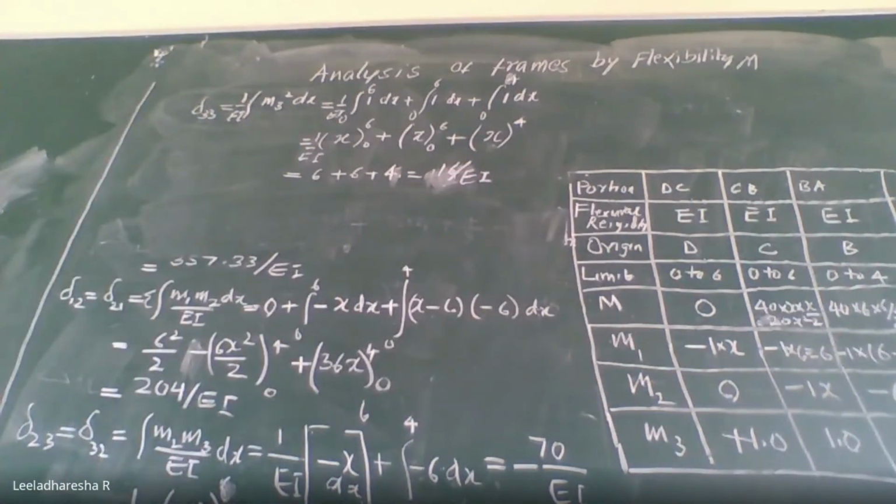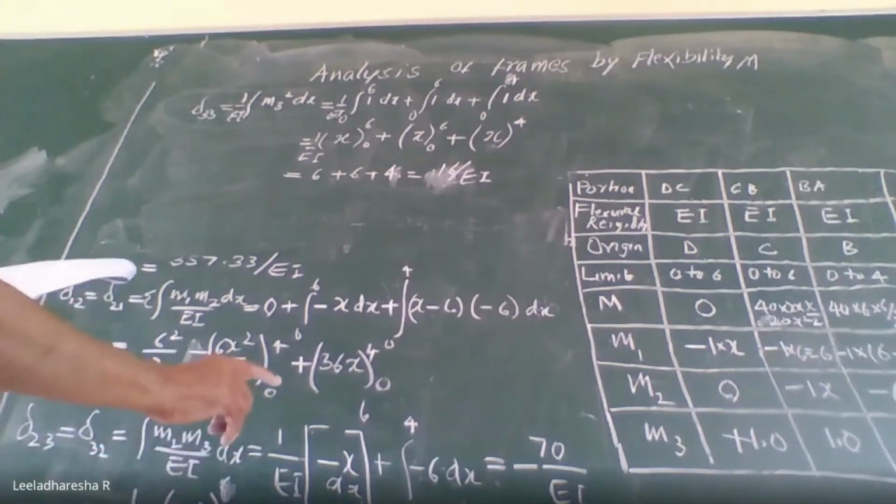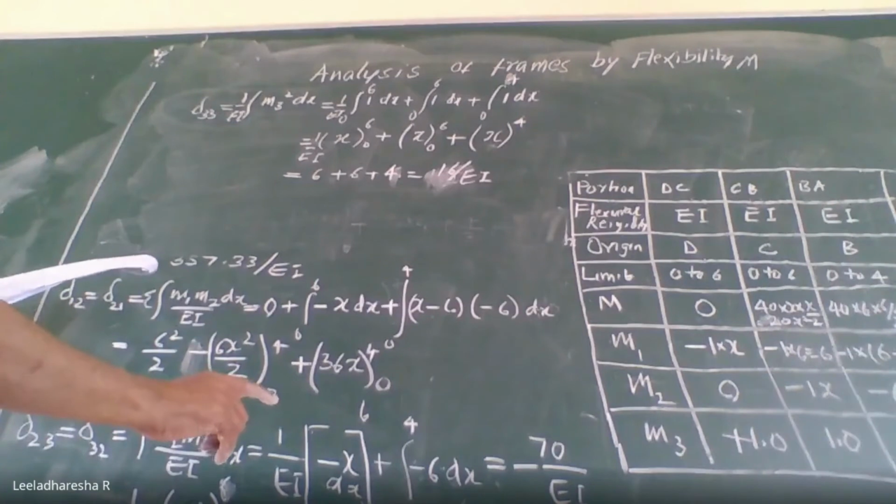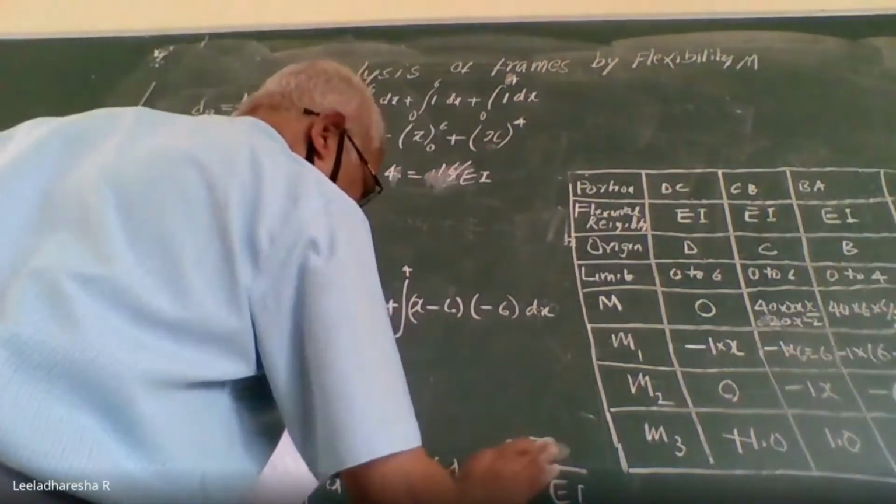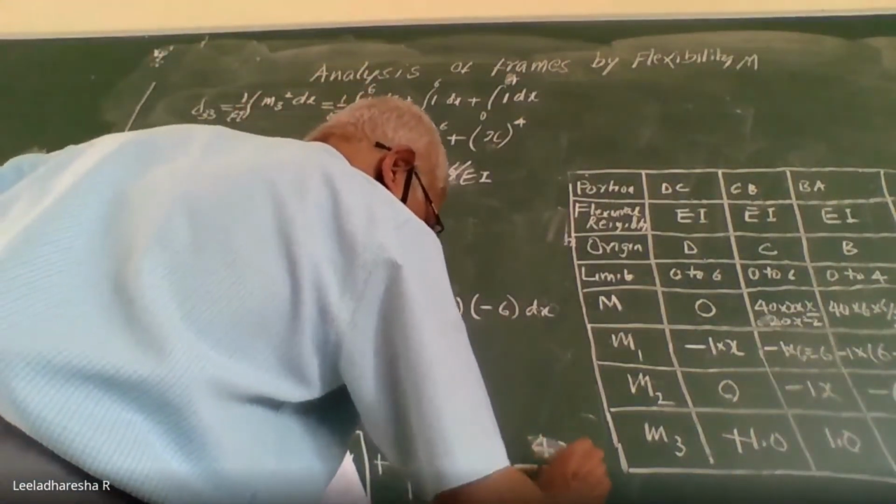Next, one more: delta 23 equal to delta 32. We need to get this delta 23 and delta 32 as equal to minus 42, not 70, minus 42